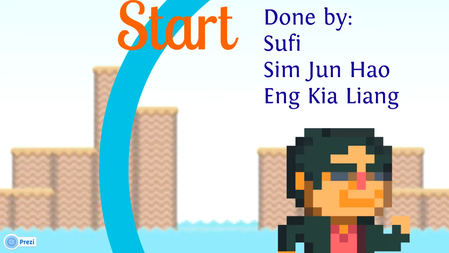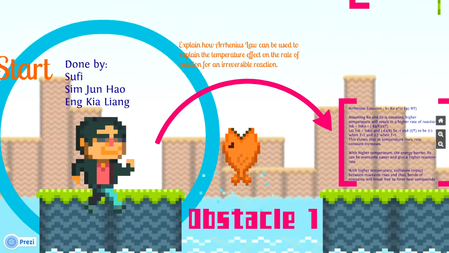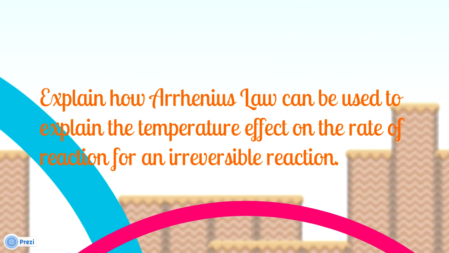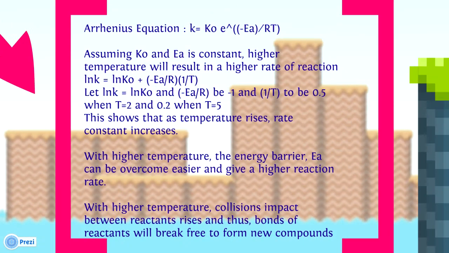This week, we'll be touching on the Arrhenius Equation question. Part A of the question. Explain how Arrhenius law can be used to explain the temperature effect on the rate of reaction for an irreversible reaction. Based on your knowledge, rate constant equals the frequency factor exponential of activation energy over universal gas constant multiplied